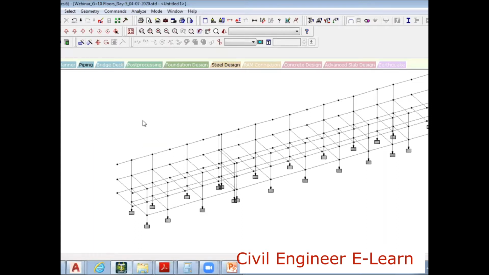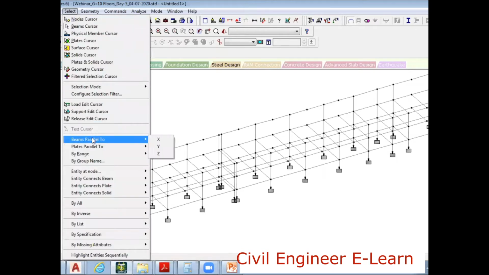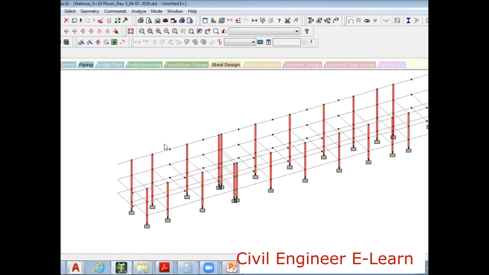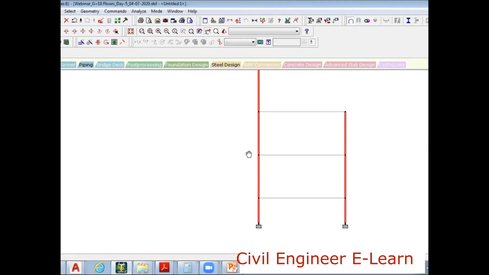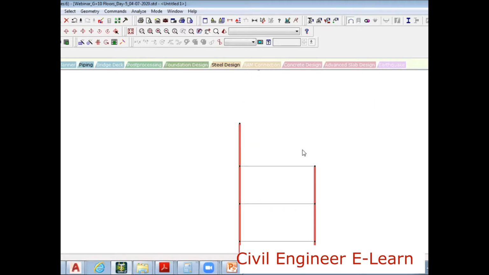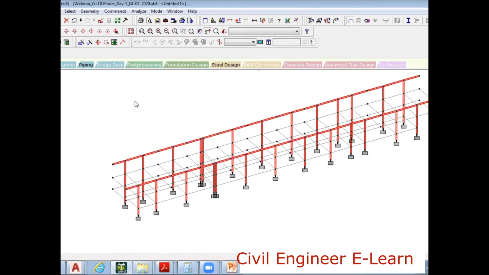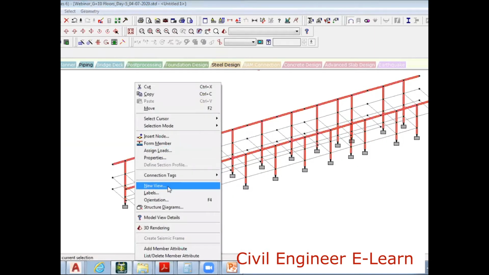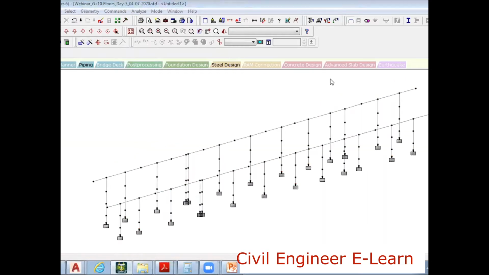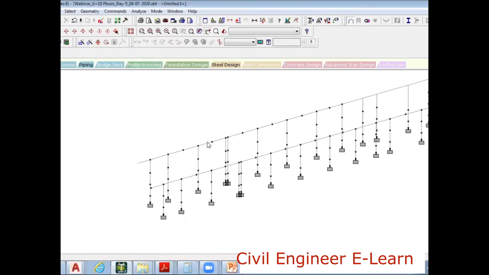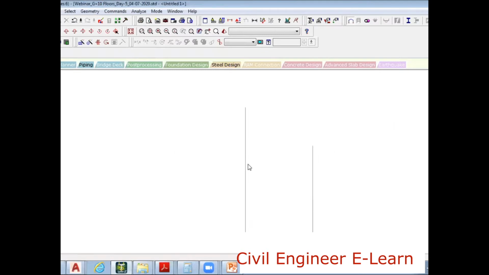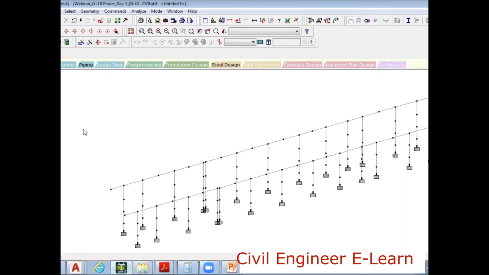So now I'll go to select, beam span in Y direction, and also I'll go to the left side view. I'll select this member. I also will select this member, right? I have selected this member. Right click, new view, OK. So now I must maintain members like this. I have to connect one member like this, one member like this, one member like this.